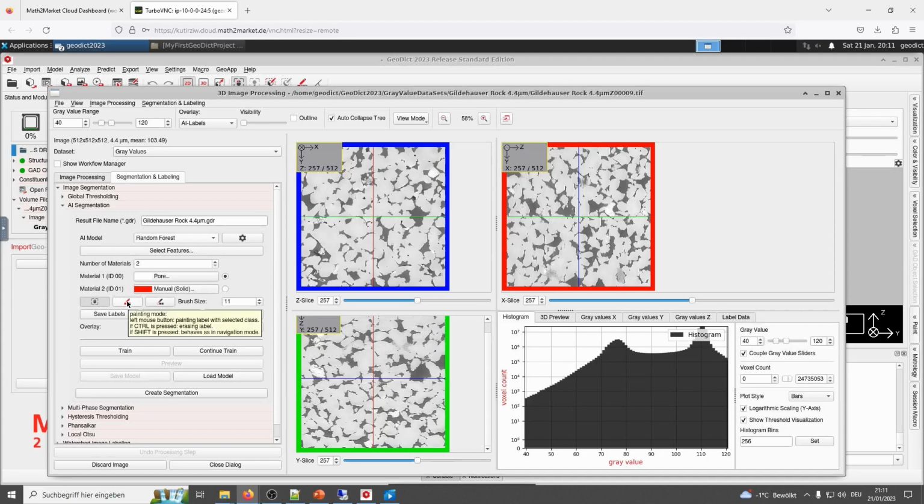Select the painting mode and the size of the brush, for example, like this.